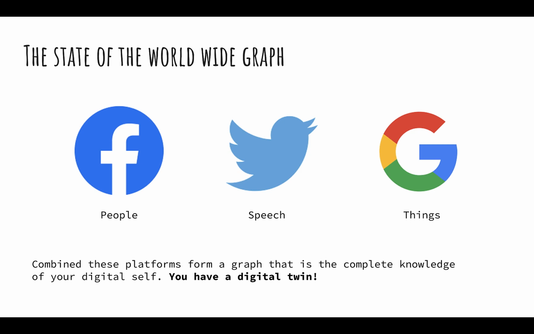So let's talk a little bit about the state of what I call the worldwide graph, right? Because graphs are eating so much of software. When we talk about the World Wide Web, we're talking about a handful of companies, and we're really talking about the worldwide graph because these people share information. This is what that whole Apple controversy is about with Facebook right now. Why is Facebook so upset at Apple? Well, because they're denying them the ability to track things between platforms.